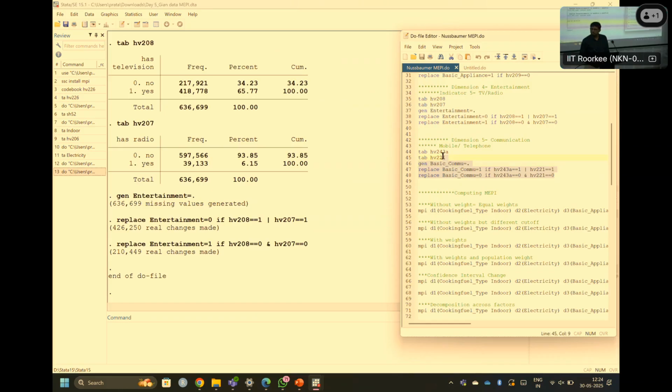Why am I coding this recording 01 like earlier? It should be reverse, right? It should be reverse. Okay, let's check with the tab first. This one is for the households having both the things, so that they are having communication. We had taken just the reverse earlier. Yes, sir, that was very interesting. So I'll change it then.